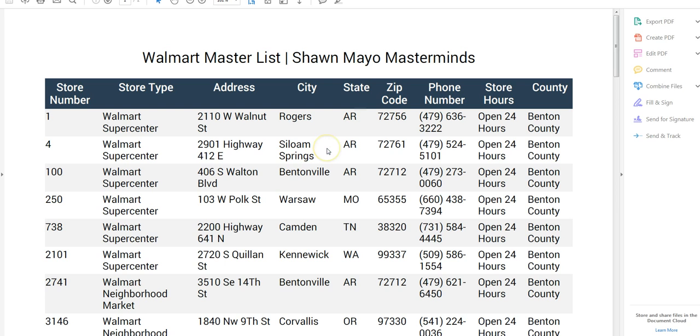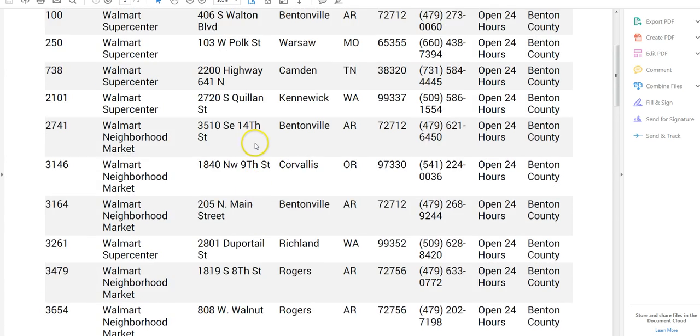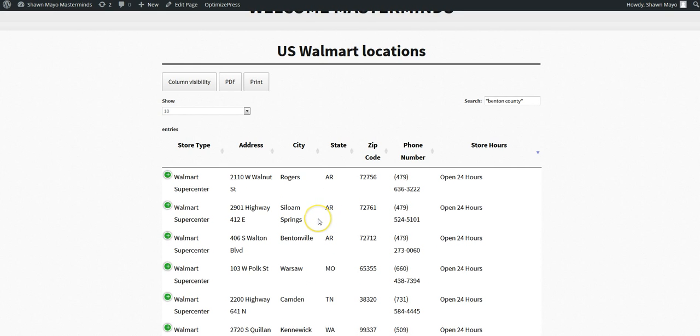This is more for searching for what you need, and you can see it's going to show you the headers on every page, and give you all the information you need. You can print it out later. But where the real value comes in with something like this is plotting out your route. This is what we wanted it for, so we could find a county, find a city, find an area, and then plot out our whole route,